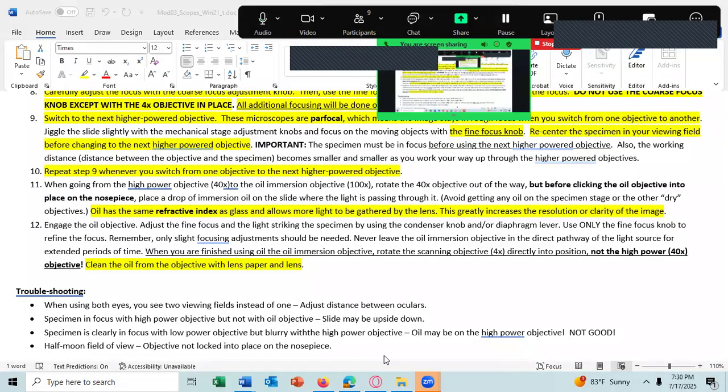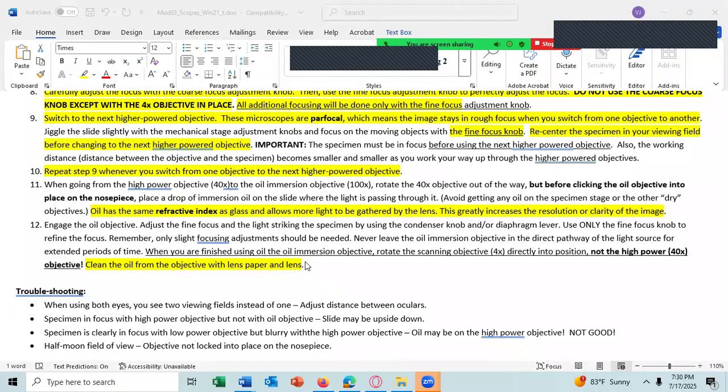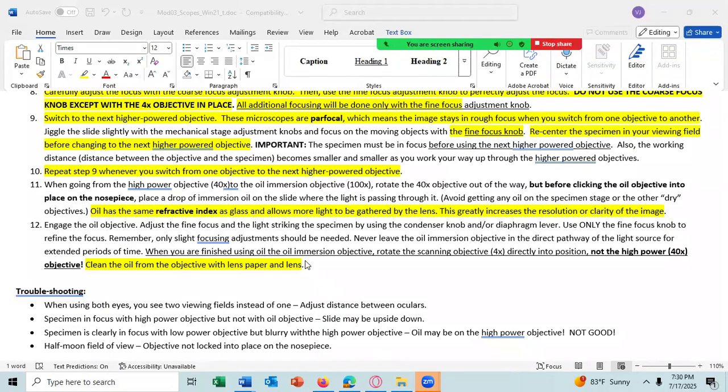Whenever you use oil, well, let me talk about oil. Oil has the same refractive index as glass, allowing more light to be gathered by the lens, greatly increasing the resolution and the clarity of the image. Oil should only be used with the 100x objective lens, and you have to use oil with the 100x objective lens, or that lens does not give you any better magnification than the 40x objective lens.